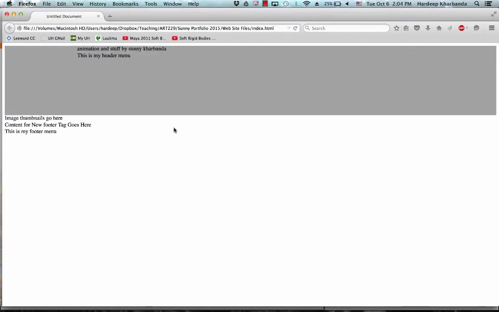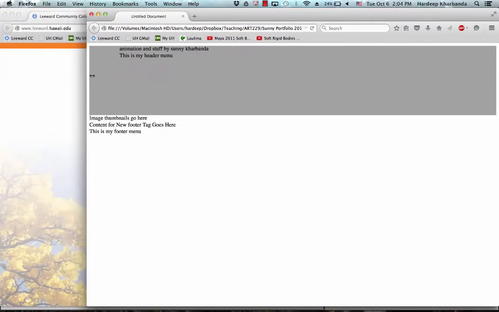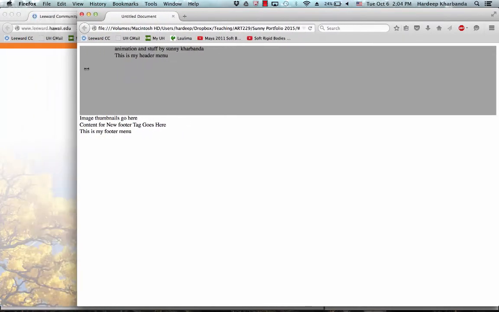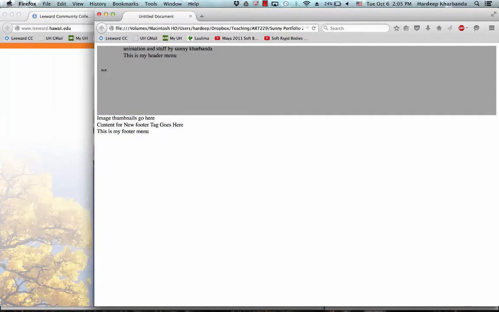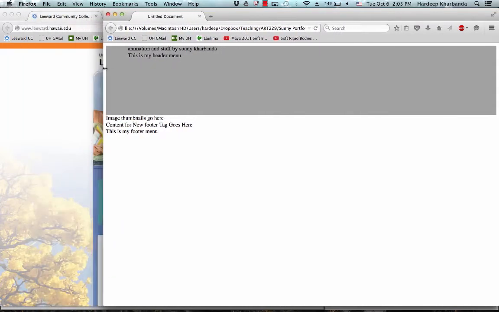Okay, so as you can see in Firefox, here is my header. Inside my header, my container starts here. As I resize my window, the margins adjust automatically to keep my container centered.